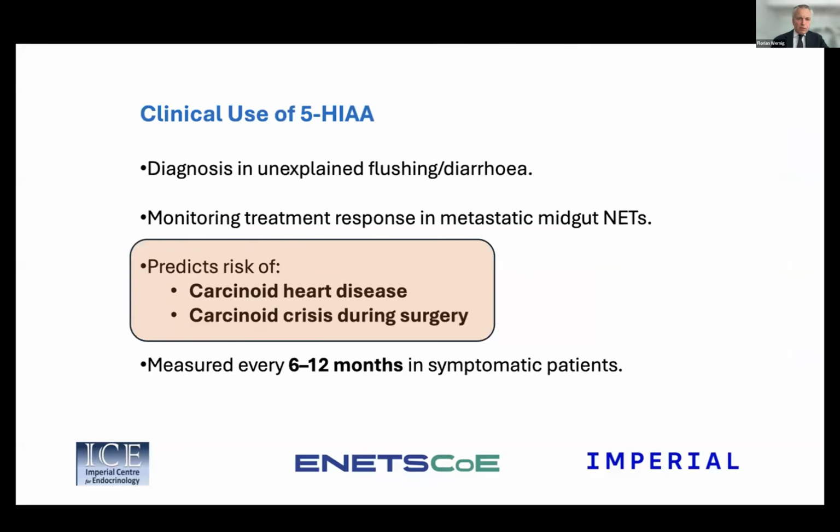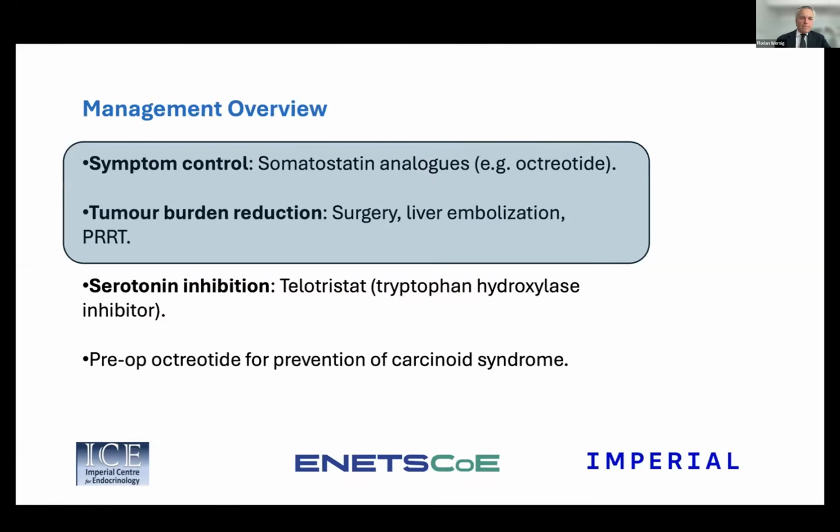So this just summarizes what we discussed. It predicts the risk of carcinoid heart disease and also carcinoid crisis during surgery. And that is something else, because there's guidelines that actually would recommend octreotide to prevent carcinoid crisis. And that leads us to management overview, which we can divide into symptom control and tumor